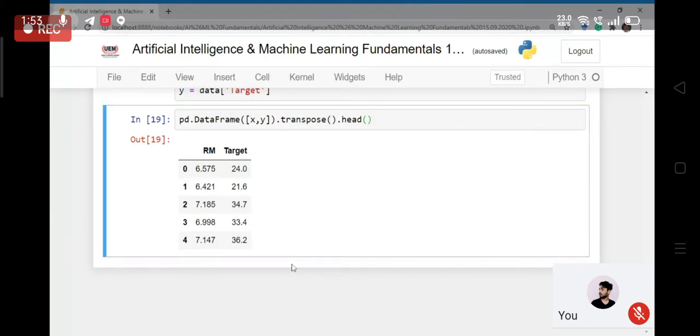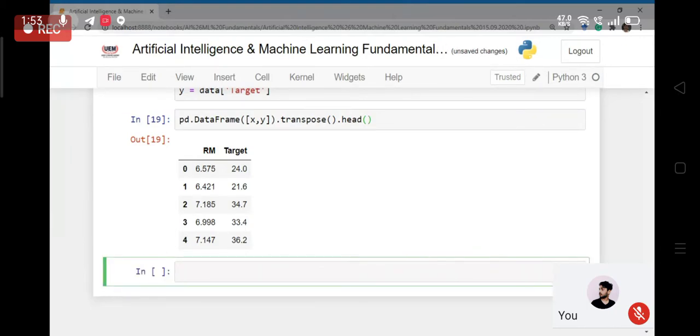Now let us go ahead and try to build the machine learning model. Before we do that, we have to perform one more task, and that is to split the data set into training and testing. So how can we do that?